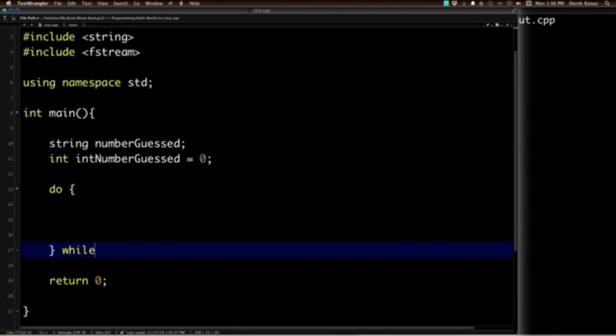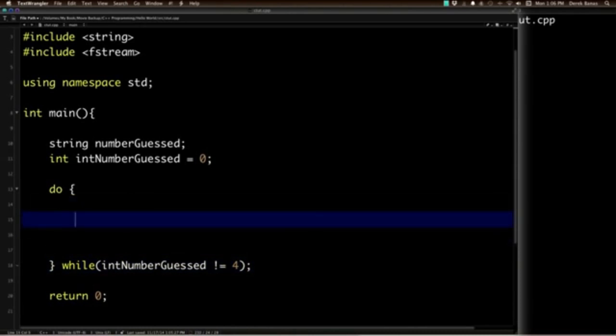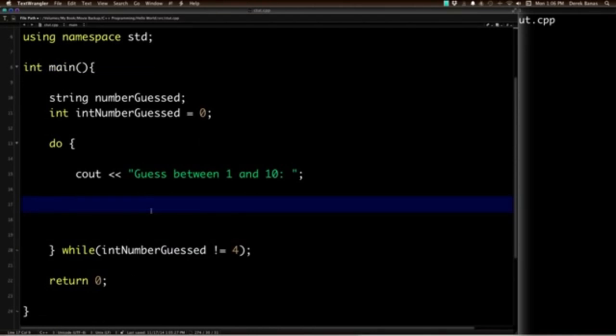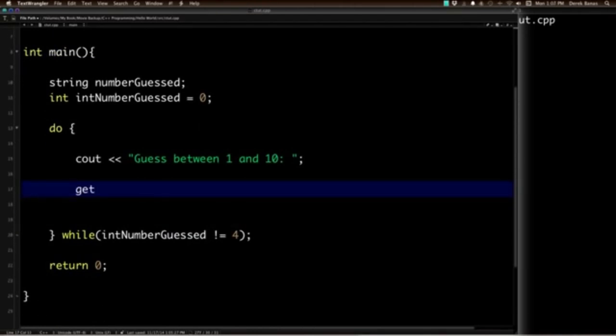So you know everything that is in the loop is going to be executed at least once, even if int numberGuessed is not equal to 4. So int numberGuessed is not equal to 4. And this is going to be a basic guessing game. And you have to put a semicolon here at the end. Don't forget that. Now inside of this, we're going to get some user input. We're going to start off by saying that the user of our program is to guess a number between 1 and 10. We want to allow our user to enter some input, and to do that